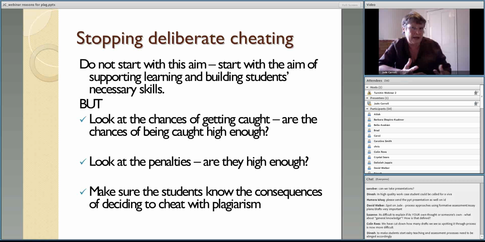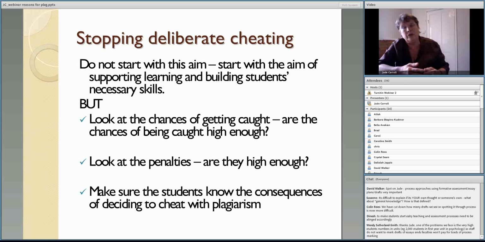But much more systematic ways are, as I said before, process ones. So it's much more difficult to simulate a process than it is to simulate a product. So by focusing on the process, by making the students show that the process is underway, by asking the students to see that work going along, chunking it up, and so forth and so on, those are ways that will sometimes help. And finally, you can authenticate. And I think authentication activities, so for example, randomly vivaing, talking to 10% of the group just to see whether they know what's going on or not, that kind of thing. Those kinds of strategies can work.